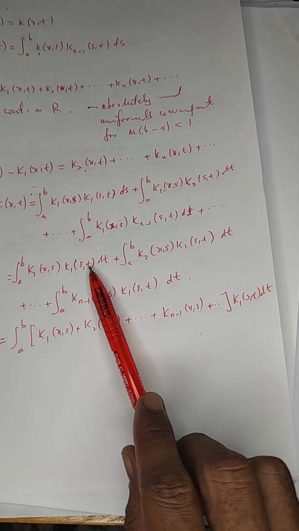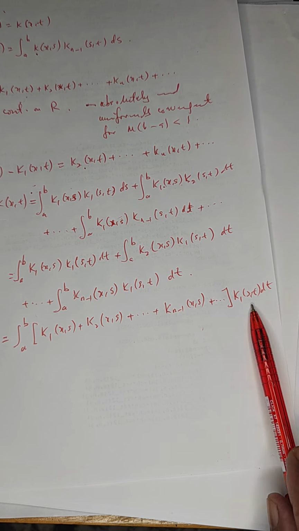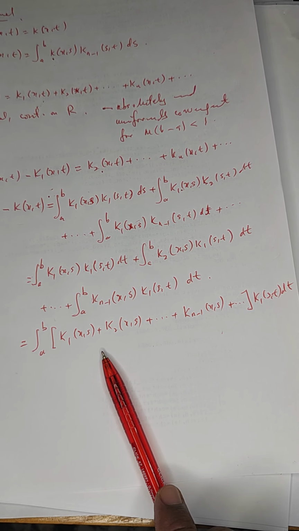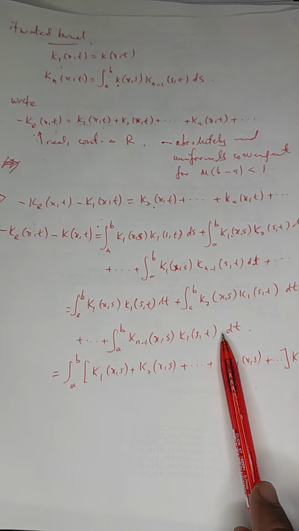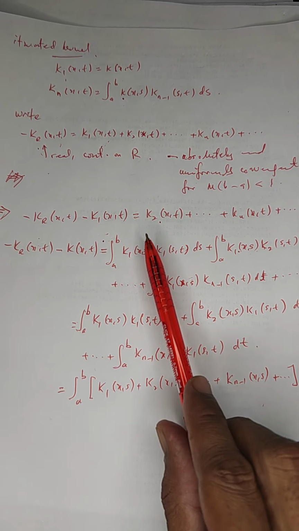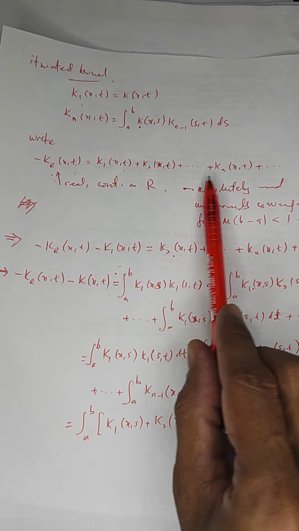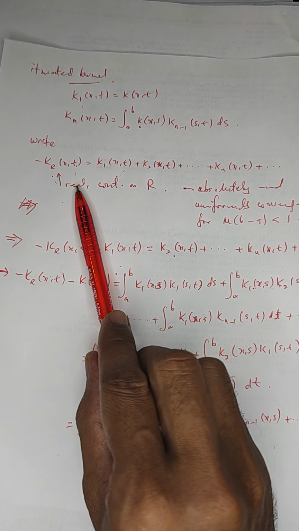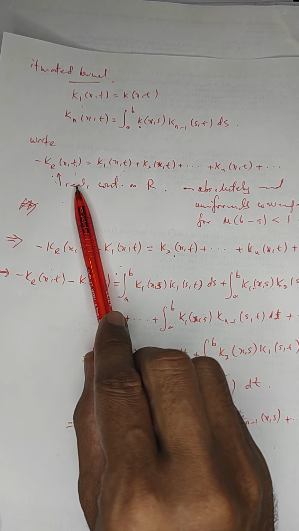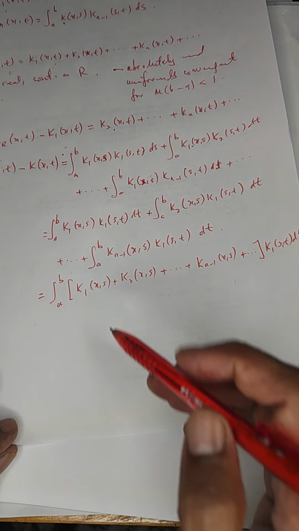From that we factor out k1, so we have all these things. And notice that this k1, k2 up to kn is equal to that k1, k2 up to kn. This is minus k_r. So what we have now,